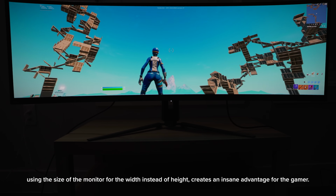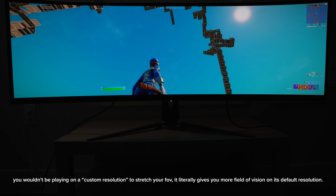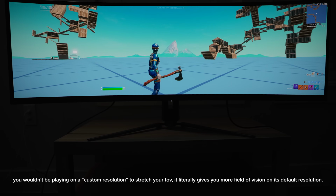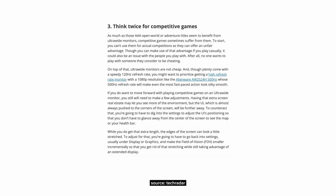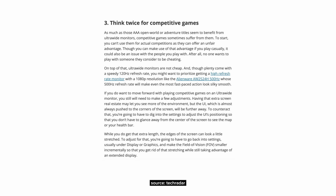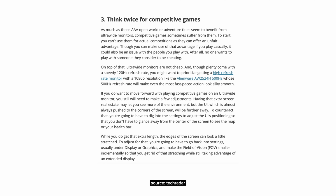It almost directly relates to a setting called field of vision or FOV. And if you're a PC player like me and you know about this setting, you know exactly what I'm talking about and how important it is. But Fortnite also kind of banned ultra-wide monitors too, and not just Fortnite. Pretty much any competitive game. Now, it's pretty obvious that if you were allowed to compete with something like this, it would make competing totally unfair. A lot of esports would just be paid to win, and budget gamers would clearly be handicapped,